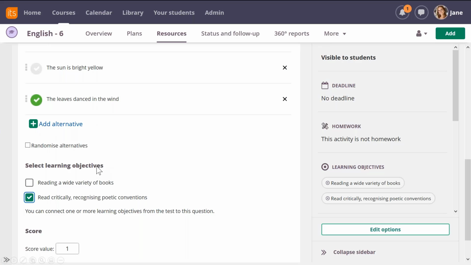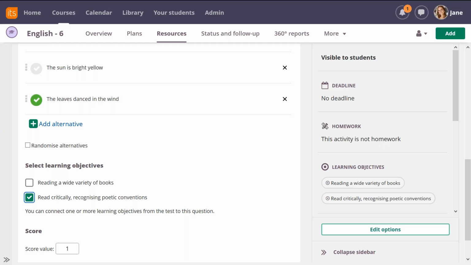The last tool that can directly be used in itslearning is the test tool. And in the test tool, you can connect learning objectives to questions. This way, when a student answers those questions, they will automatically be assessed against that learning objective, especially if the learning objective is much more about knowledge or application. This is a good way to measure that